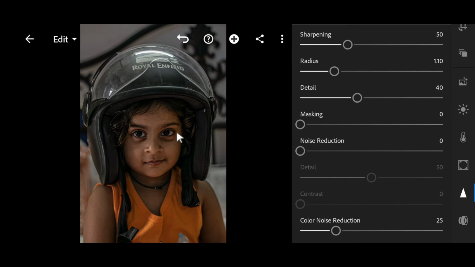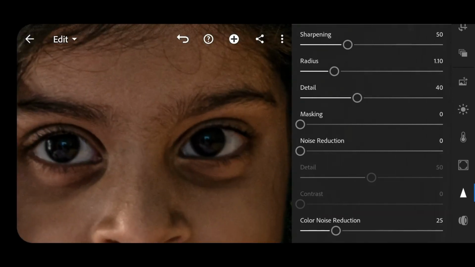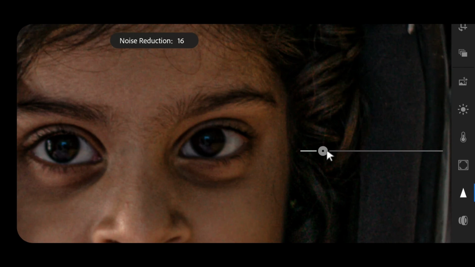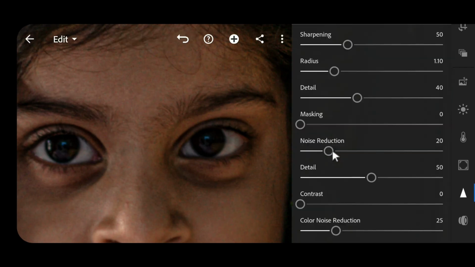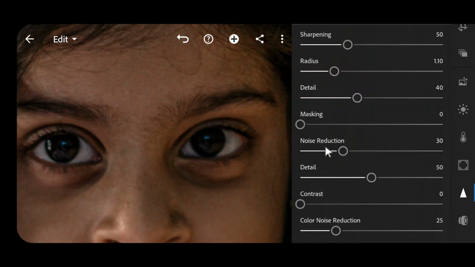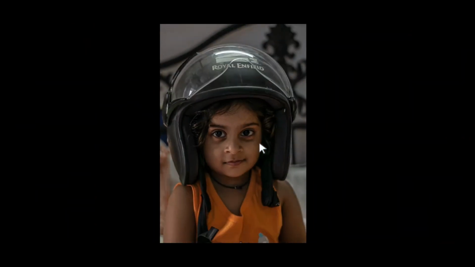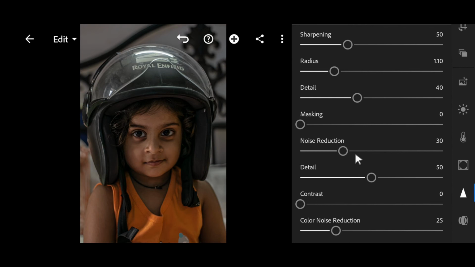So now we'll just reduce noise in this image. I'll keep it at like 20. 20 looks great, or say 30. 30 looks good. So this is what our image looks after sharpening.